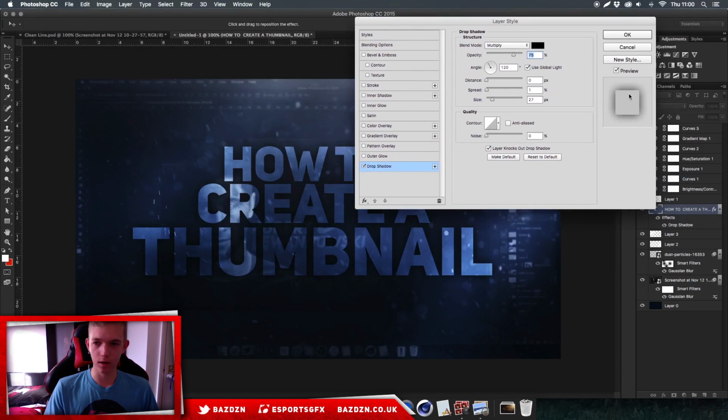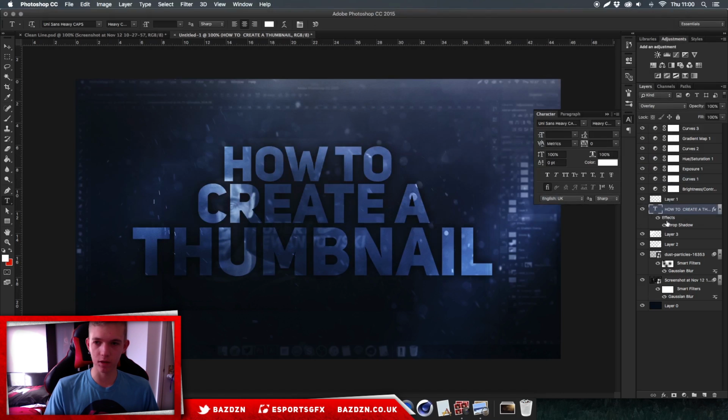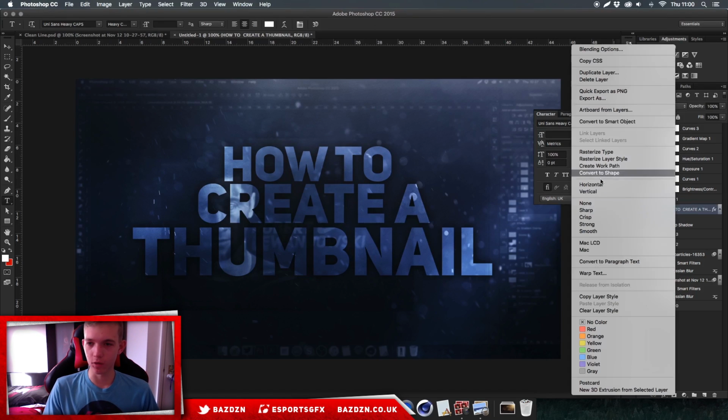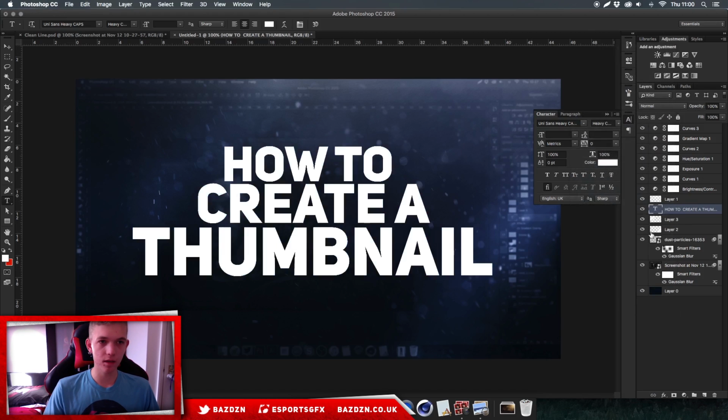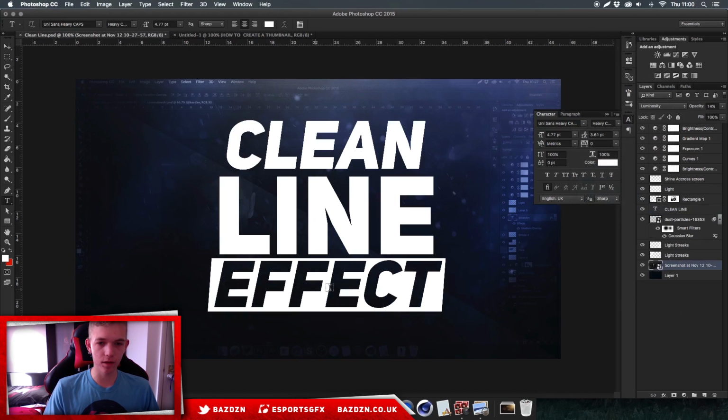That works really well. And let's actually clear that, because that was just an idea. I'm not actually going to use that though. So we're just going to clear the layer style. So we're back to what we were, and I'm going to show you how to do this kind of indent